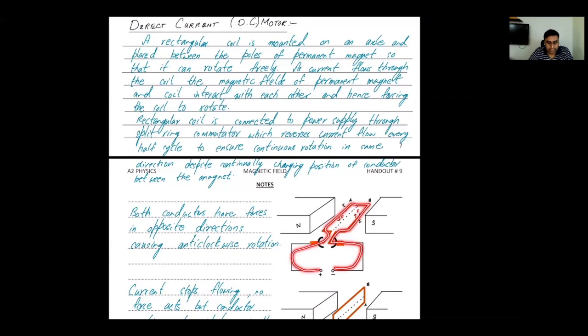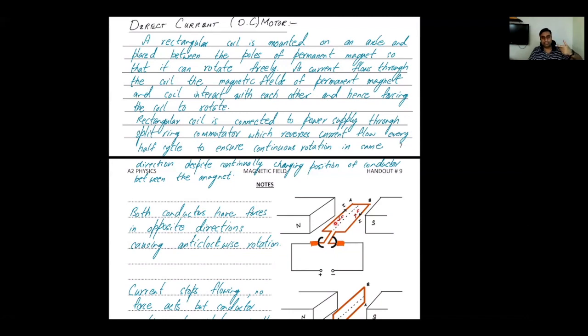But as current flows and completes its path, you can analyze that there would be a force experienced by both conductor A and conductor B. That is because of the interaction of two magnetic fields. One magnetic field is produced by the north and south poles, and the other magnetic field is around the coil. So as these two magnetic fields interact, there will be a force on a current carrying conductor. And you can calculate the force. You have done the formula for the force, which is F equals BIL. And you can also judge the direction of that force.